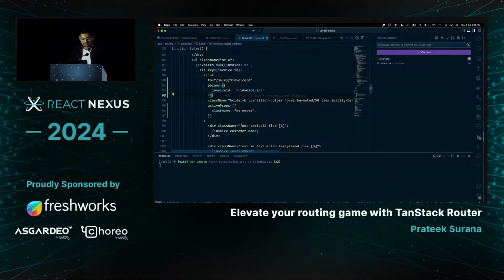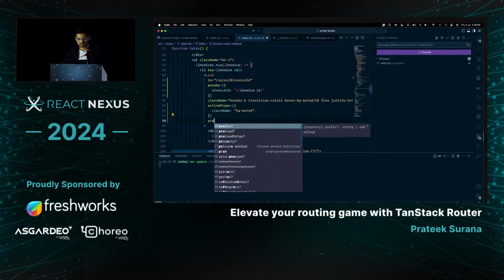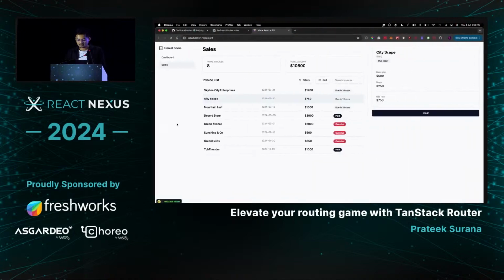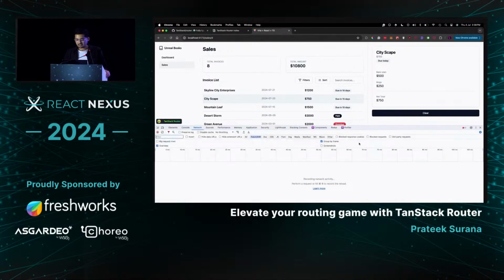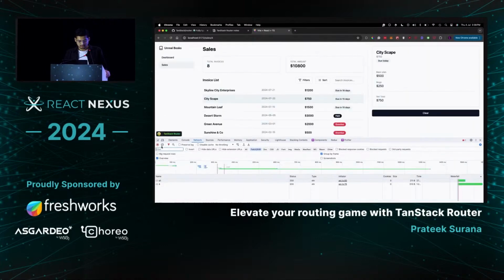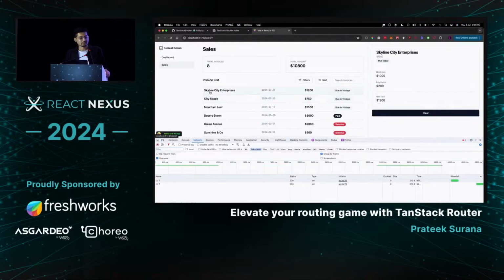I'll also add, maybe we can improve this performance even further. So I'll add preload intent. What this would do is automatically preload the relevant data for the route as soon as I hover on it. So for example, let me reload to clear the cache. If I hover over this, you'll see it already preloads it,